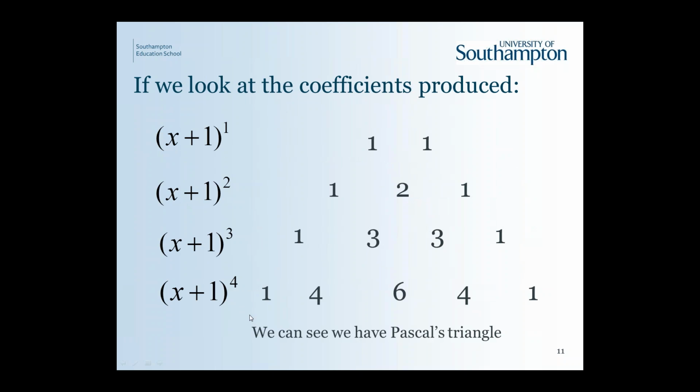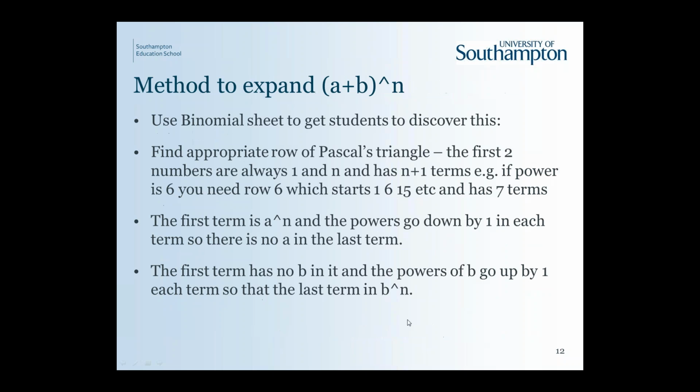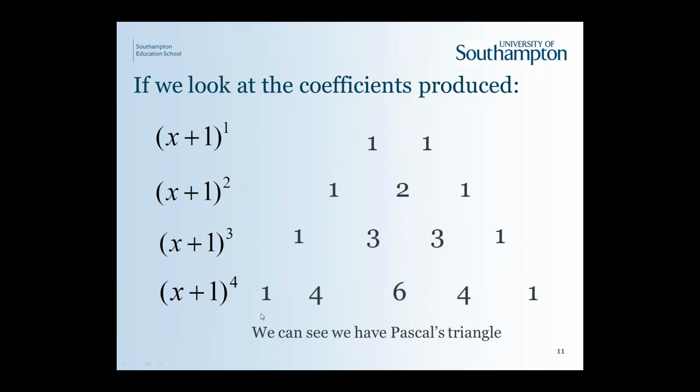No, it's not. So x plus 1 to the 5 will just be 1x to the 5 plus 5x to the 4 plus 10x to the 3 plus 10x to the 2 plus 5x plus 1. So I know that simply by just putting those coefficients from Pascal's triangle in front. So I jumped over this bit. Does that make sense? So Pascal's triangle is related to how we expand